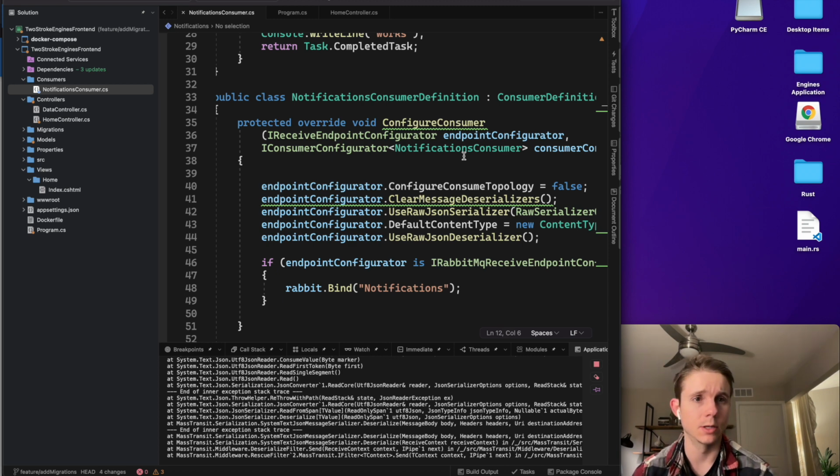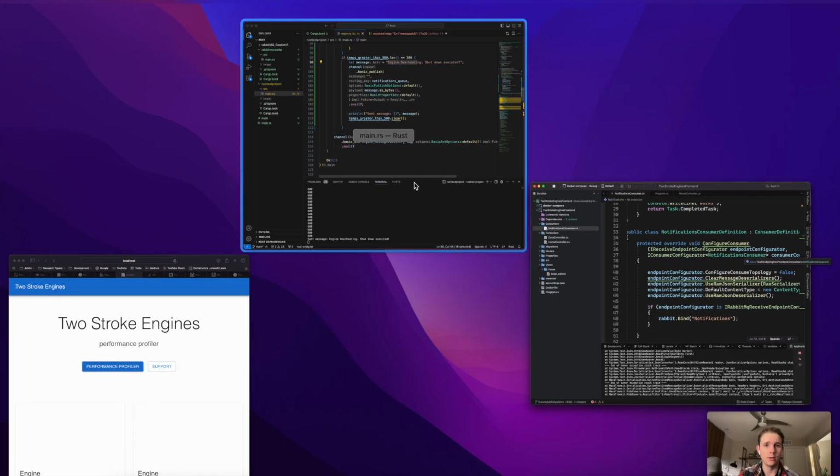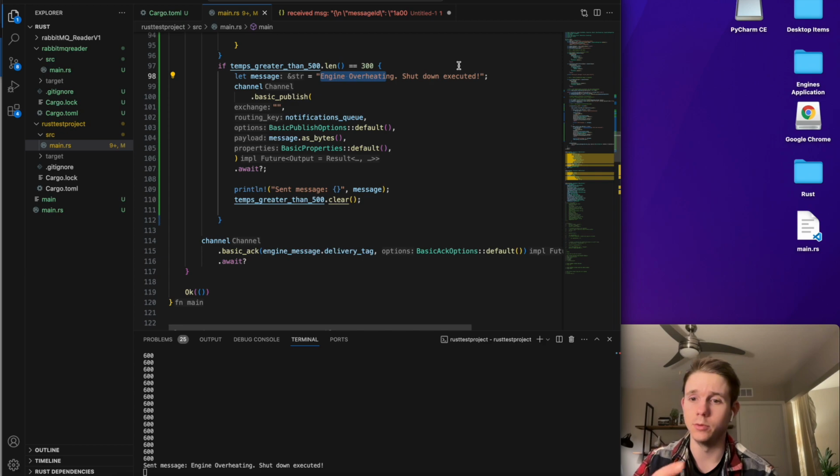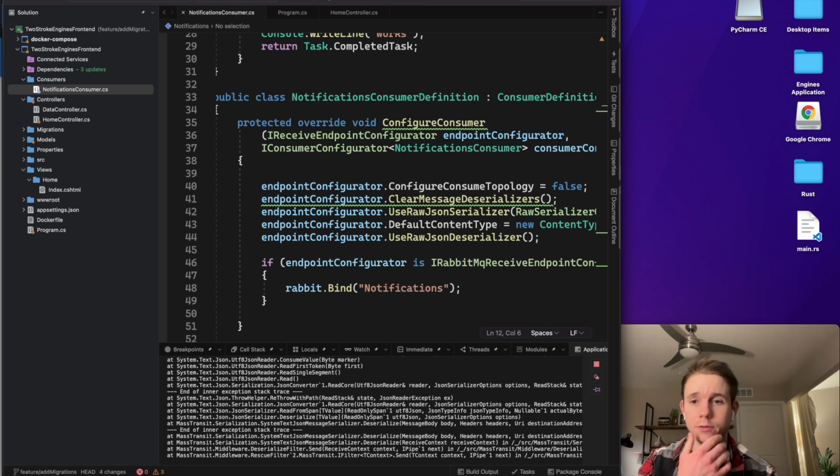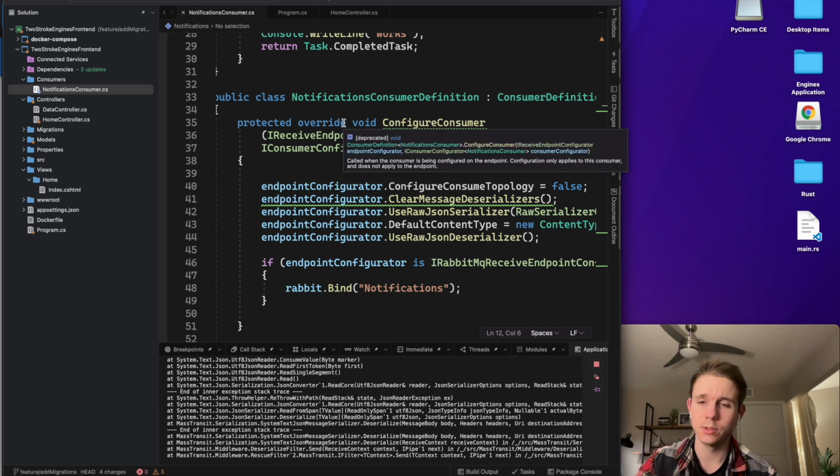So, yeah. But that's kind of where I'm at. But this is a step in the right direction because now I have my Rust microservice at least up to a point where I'm performing logic and I'm sending a message back. Now I'm back at the C Sharp or the .NET area of this where it's actually going to be consuming that message. And then once I actually get it parsed correctly and make sure that my system can continue to run,